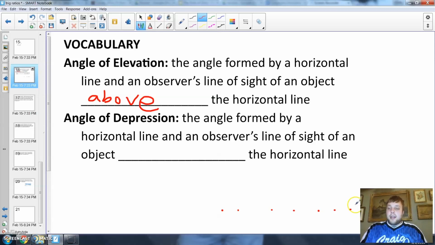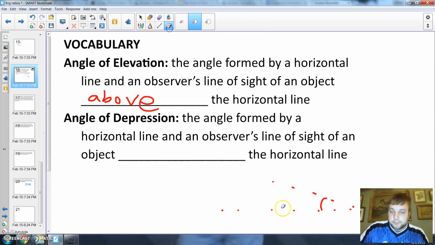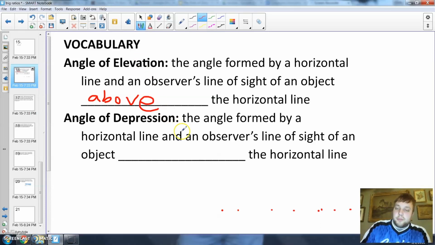So your angle of elevation is going to be up from that horizontal line. This is your angle of elevation, because this is if you were looking straight ahead, and this is if you are looking up. Okay, elevation. All right, angle of depression. You guys ready for this? Angle of depression is the angle formed by the horizontal line of the observer's line of sight and an object below the horizontal